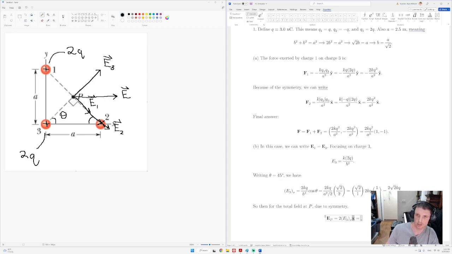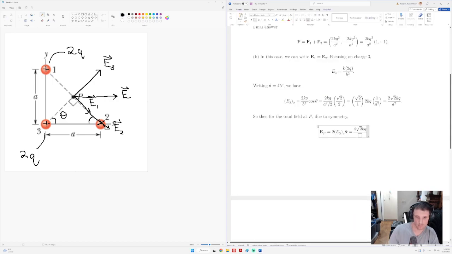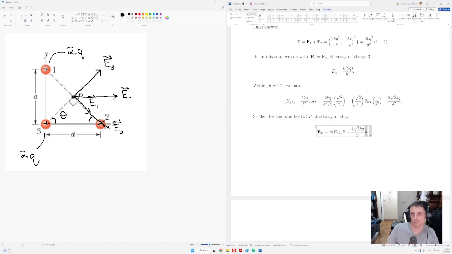So I'll make this an x hat. And so this should work out to be 4 times the square root of 2kq over a squared, x hat, right? Now, as a sanity check, this is going to work out to be a positive number, which is good,